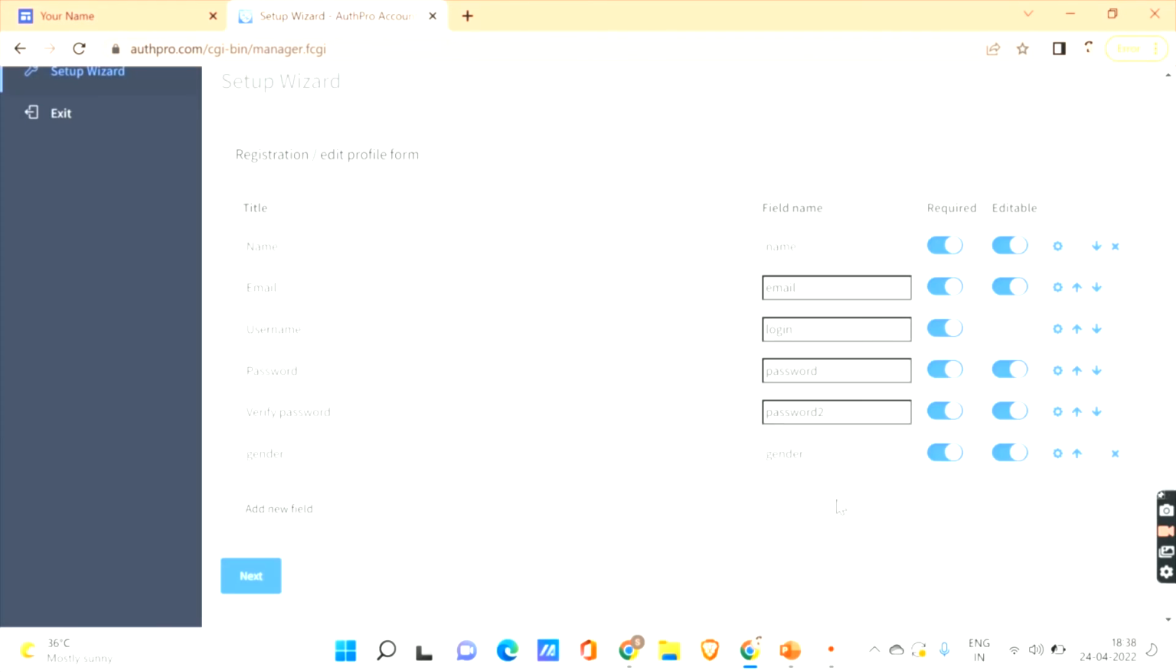Click on add, and here you can see it is added to the registration form, and it is required as I have given it. So this is how you can edit your registration form for the new people. This is how it looks. You can even add as many fields as possible, it is all up to your requirements. So after this, click on next,